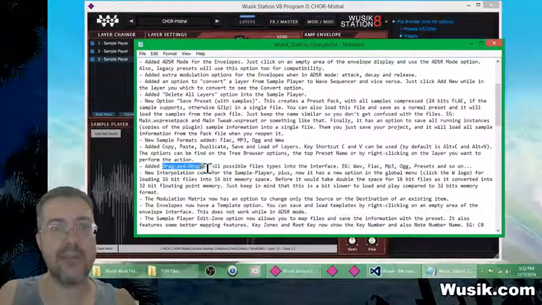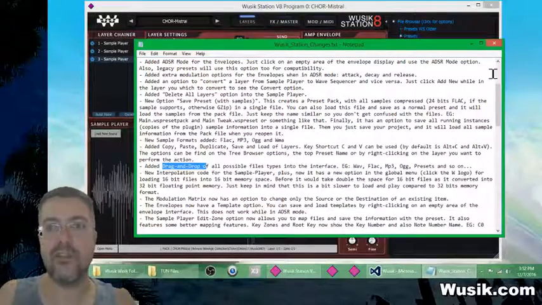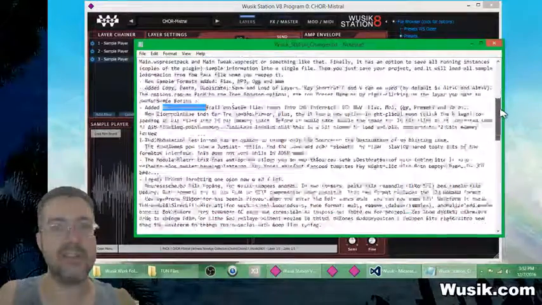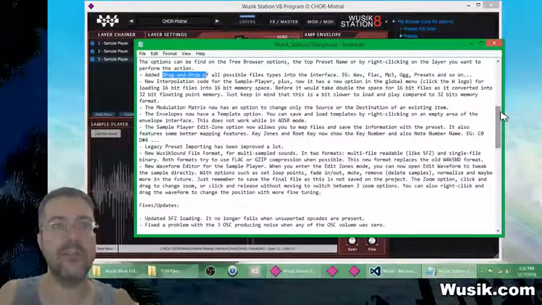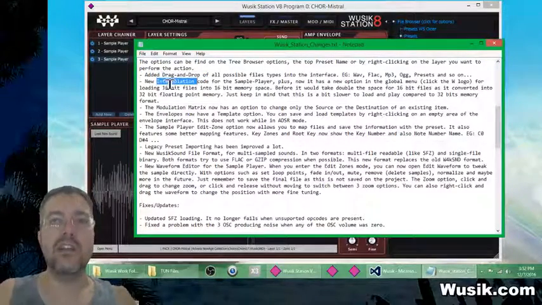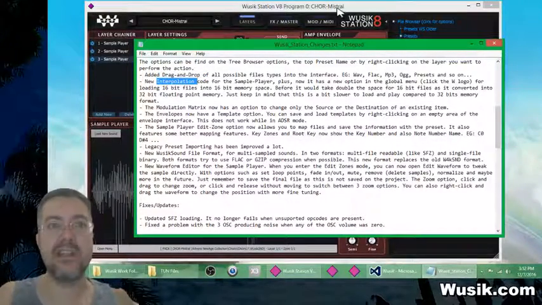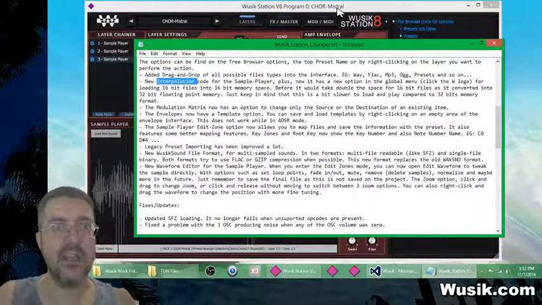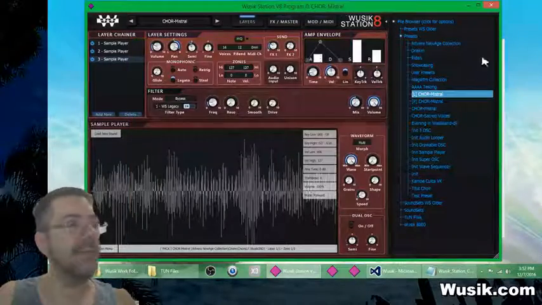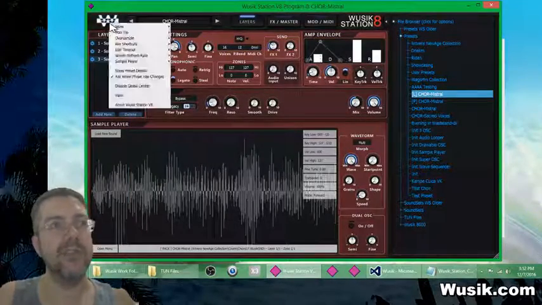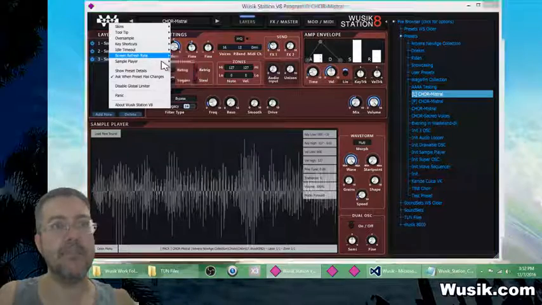We also added a drag and drop option for all the possible presets, so you can drag and drop files to the interface. New interpolation code for the sample player, so we'll have better audio quality now on the sample player, and also on the draw wave oscillator. And another thing we added, if you click here on the Wusik menu, you're going to see the sample player